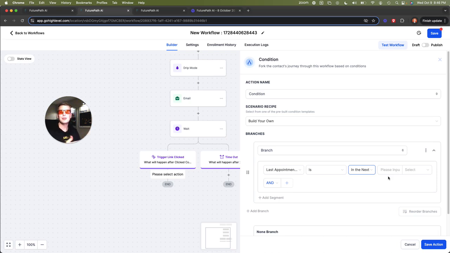So if you're a golfer and you go to make a tee time, you cannot book a tee time for next year, at least any of the courses that I've seen. So mine just goes out, I believe it's 21 days. So we're going to say if somebody has an appointment in the next 21 days, then from here, we're going